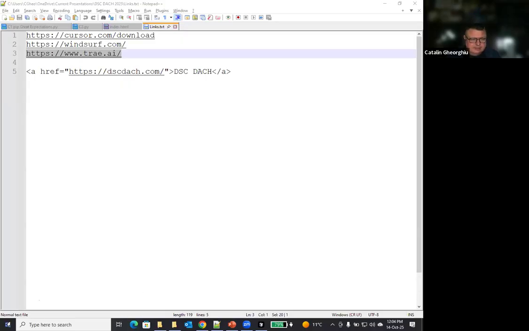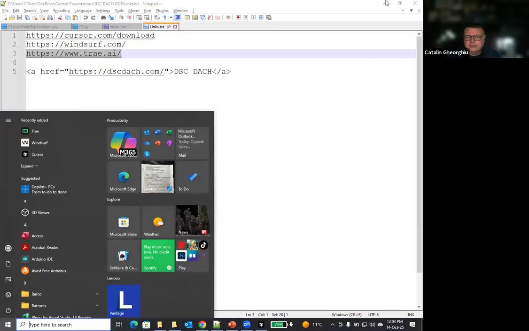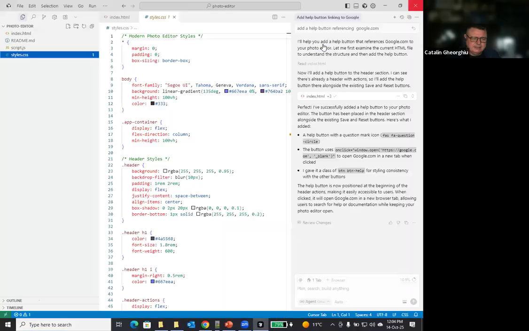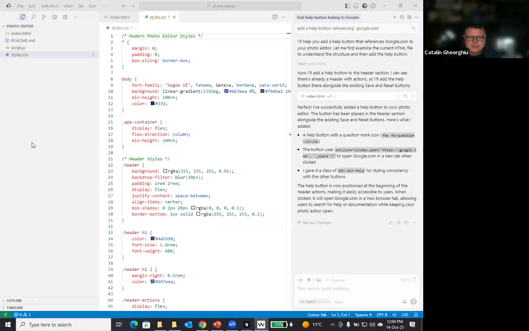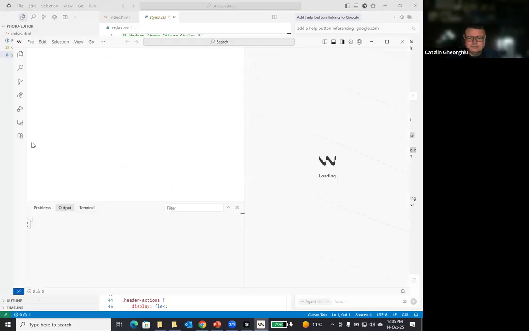So let's see. You can get rid of this and try to run Windsurf. Most probably it will be the same user interface. No, it's not.